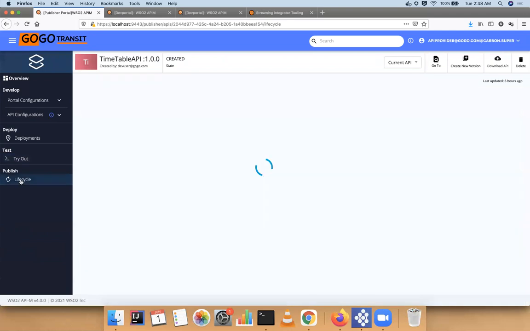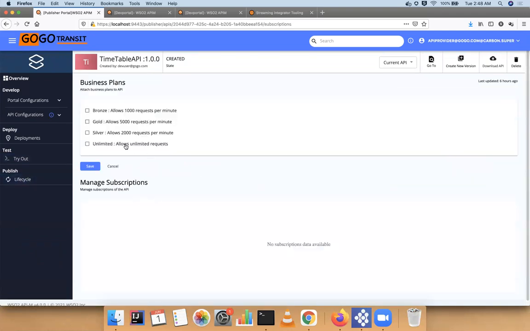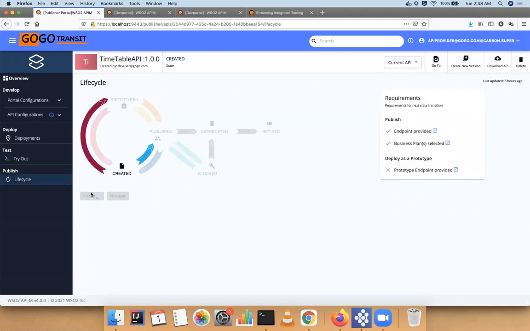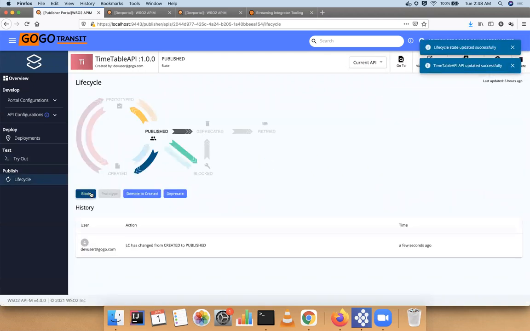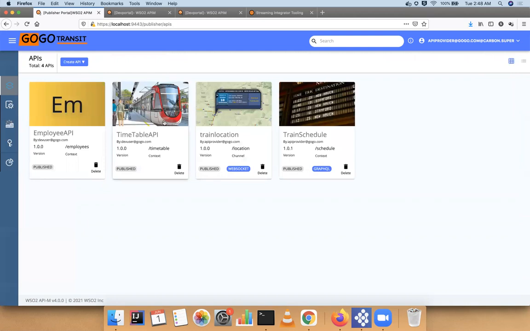publish my API. So once I publish my API, this will be visible to the outside world as well, and people can consume my API. Okay, so I'm going to publish this API. So now this API is published, and anyone else can see this API, and they can use this API. Okay, so then I'll move into